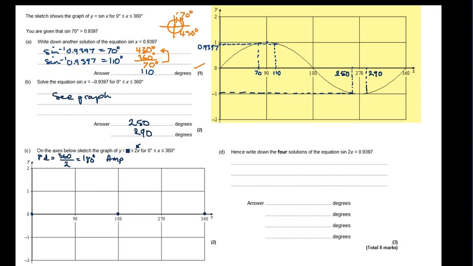Okay, now we're given a range of between 2 and minus 2. The question is, is that appropriate? Well, we've got an amplitude of 1, because there is no multiplier, if you like, of sine of 2x. In other words, if we multiplied by 1, that would give us the same value. So if the amplitude is going to be 1,